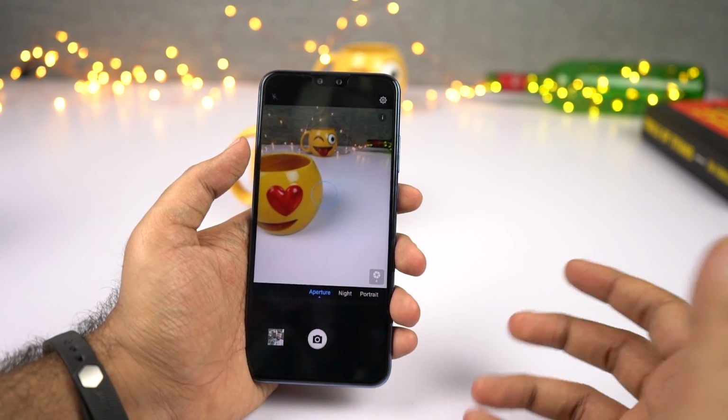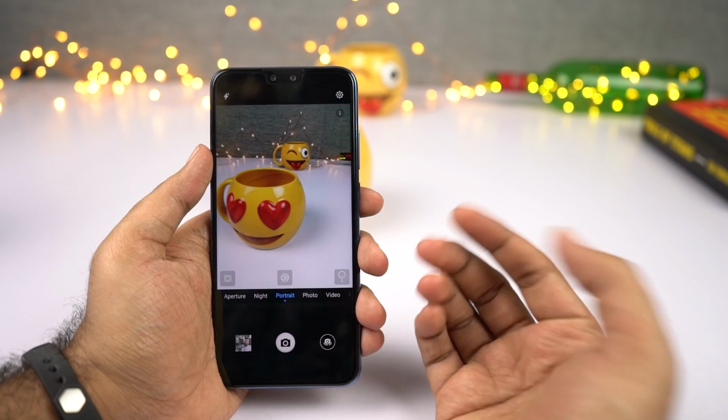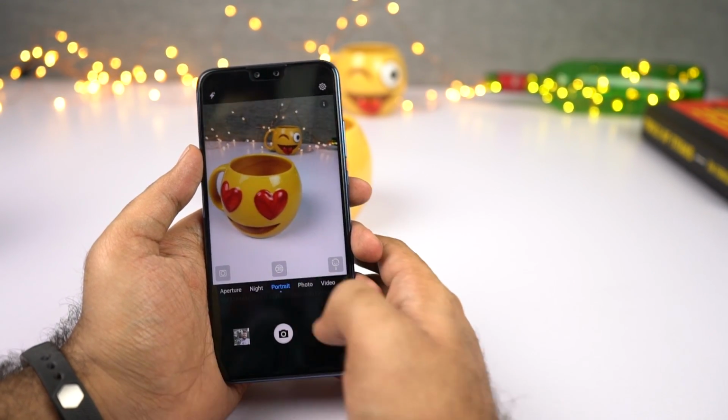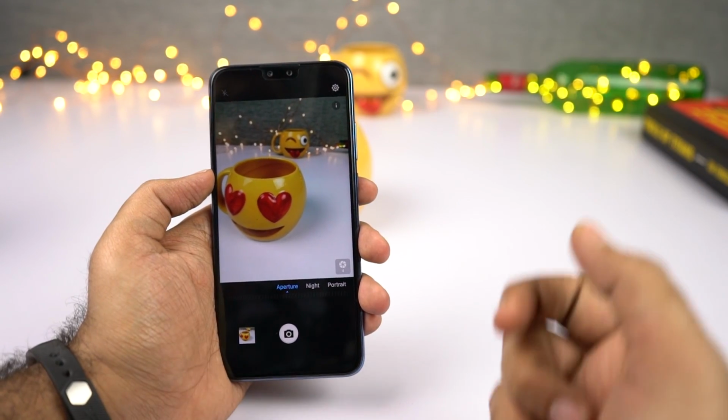So guys, next we have a feature called Aperture Mode. Now using this mode, you can take portrait shots of objects. Now let's say if you try to take a portrait shot of this mug in the regular portrait mode, you'll get a normal picture. So if you want to take portrait shots of objects like this, you have to use